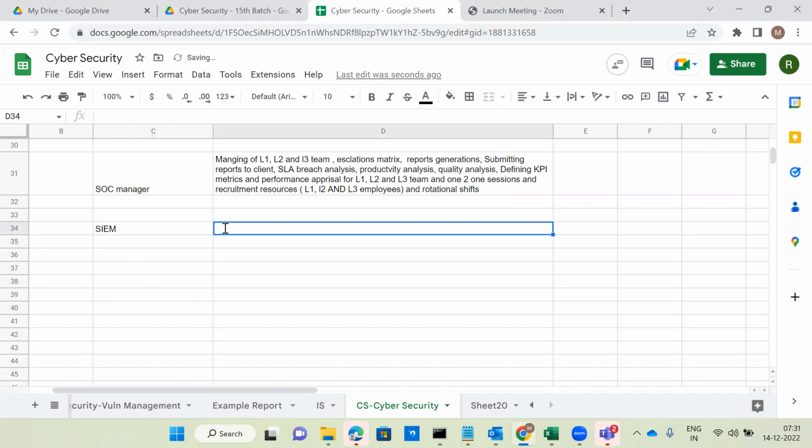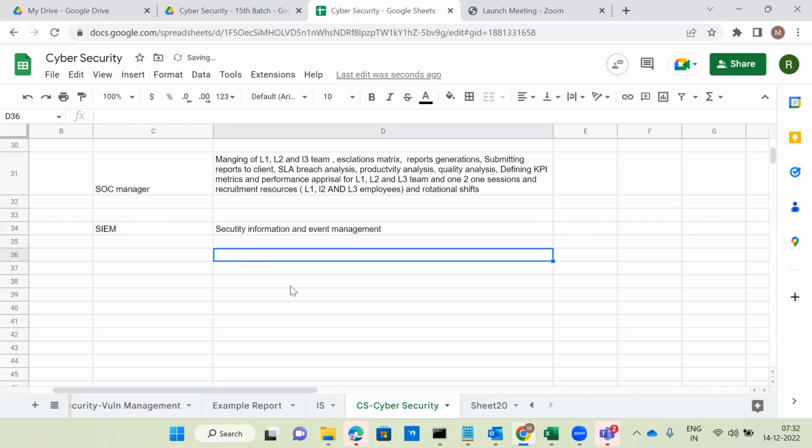So full form is security information and event management. So here SIEM is as per the Gartner report. Gartner report you know already. Gartner is a quarterly report.